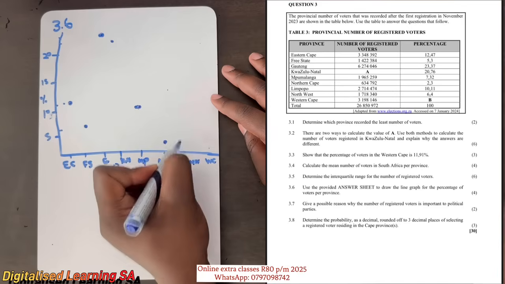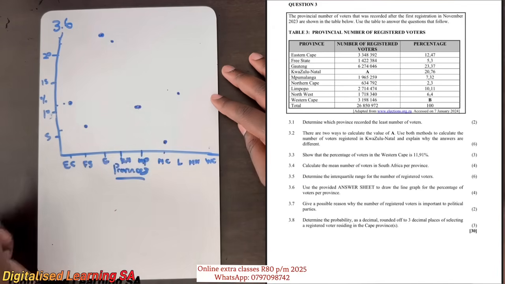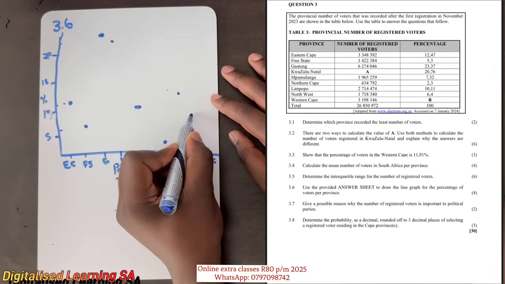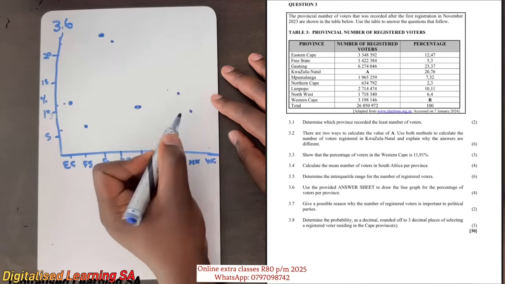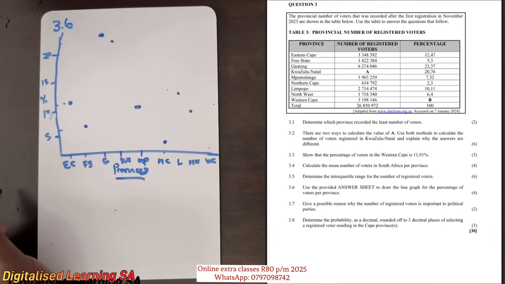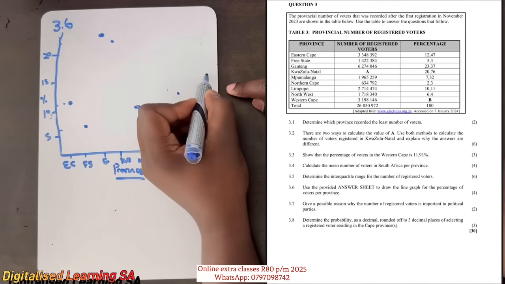So we'll just come and say 10.11. And next we will have Northwest, which is 6.4. So 6.4 will be somewhere, we can say somewhere here. And then after we will have Western Cape, which is 11.91, meaning that it will be somewhere, we can say somewhere